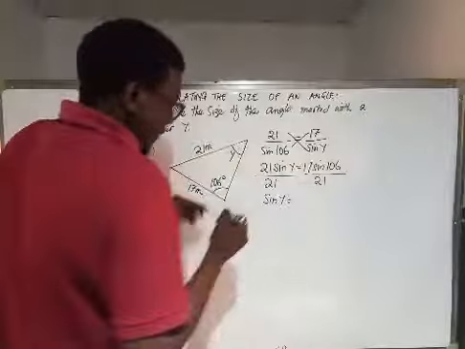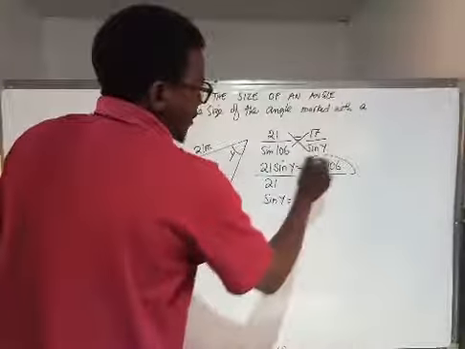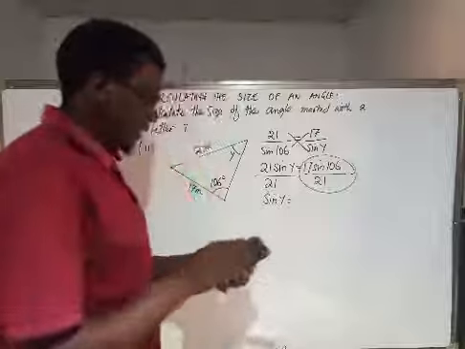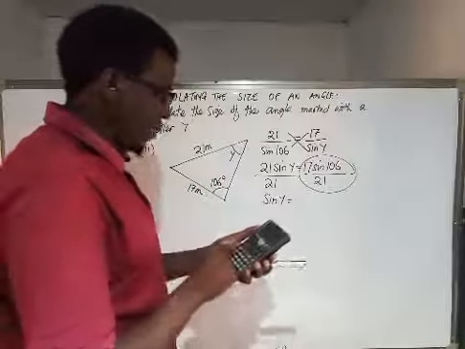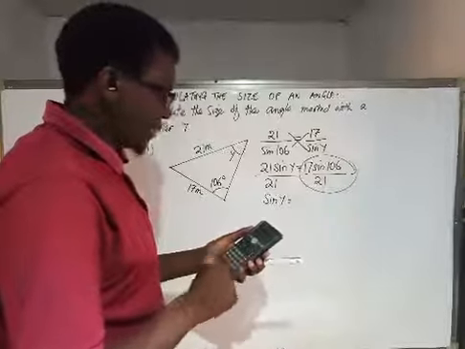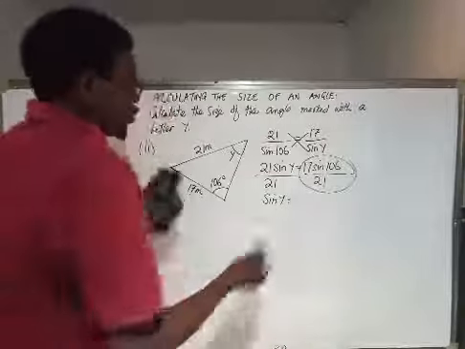Punch this on your calculator. So this is going to be 17 sine 106 divided by 21. So this will give me